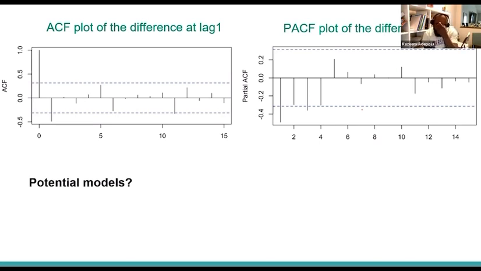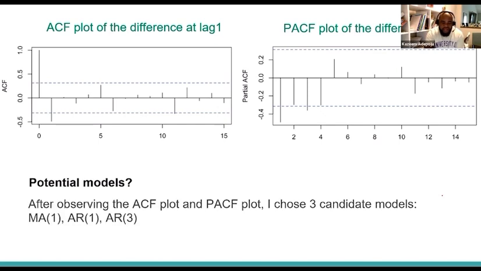We have a situation whereby, based on what the ACF plot and the partial autocorrelation function plot reveal, it may reveal more than one model. Okay, now I'm going to tell you that that was the reason why I actually, you know, the MA